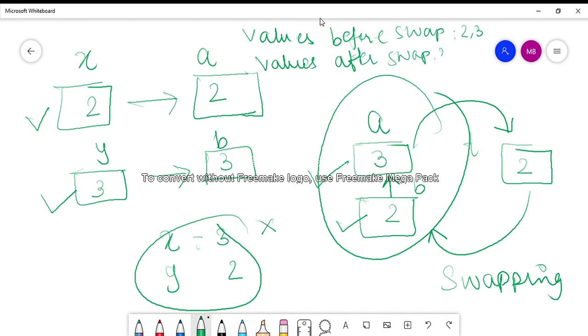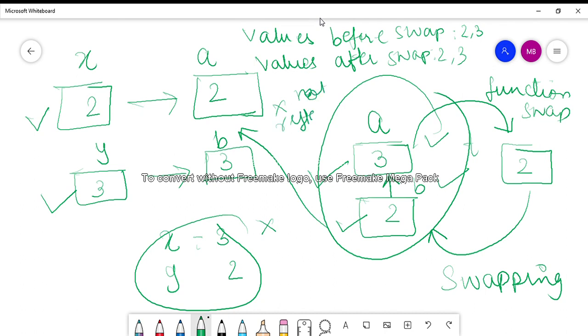That means any changes that were made to the variables in the function swap were not reflected in main. So this is the second disadvantage that I was talking about. So this is the disadvantage of using call by value.